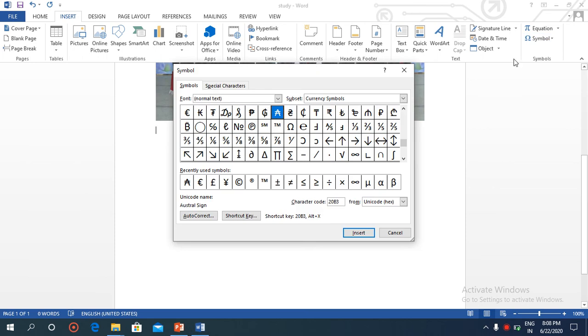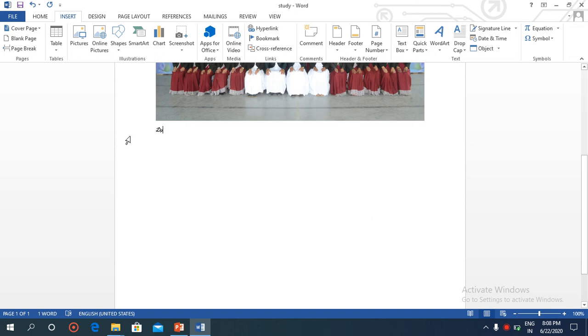Then you have to select any of the desired symbols from this chart, just like that. I selected this. Now you have to click on insert. In this way you can see the sign was displayed here. In this way you can also add symbols to your presentation or text. So this was the procedure for the things.